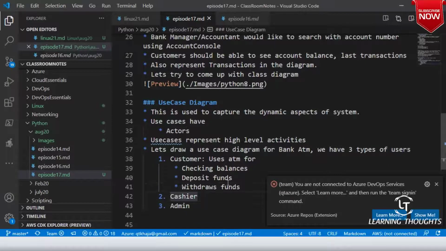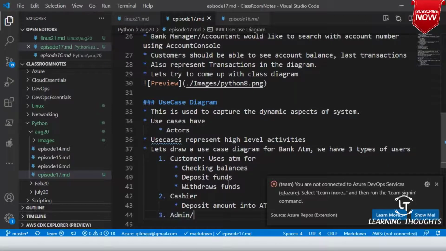Deposit funds is very rarely seen, but that's okay. So what will the cashier do? The cashier will deposit amount into the ATM.